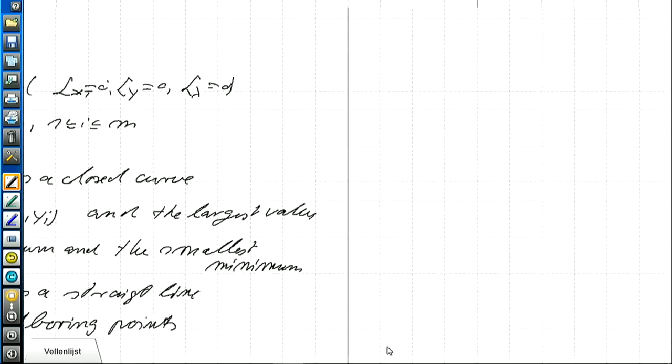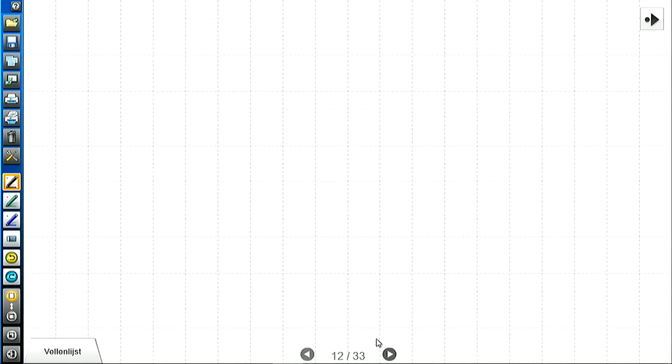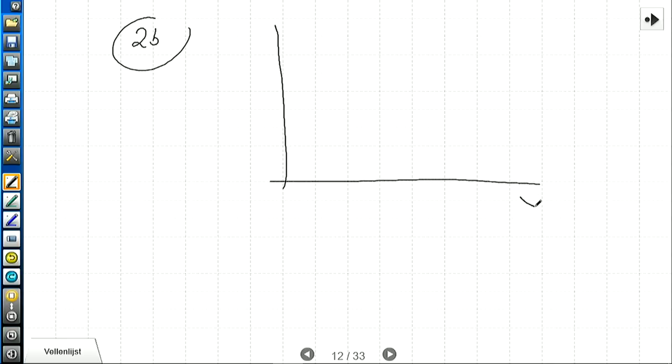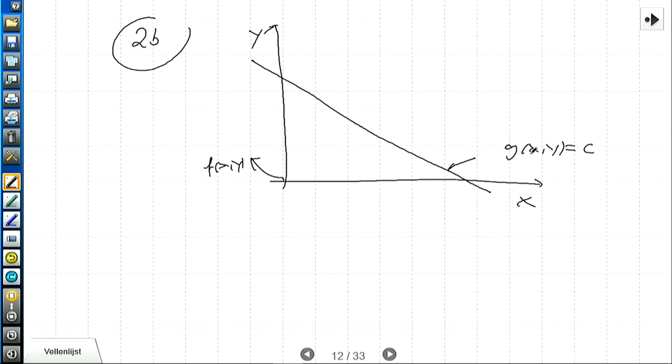Recall we did this very often in the lectures, but just to give you for 2b, typically it's like this. If I draw it, I have here my x, here my y, and if you are fantastic in drawing, you could have a 3D. Here that would be the functional value of the objective function, but I can't draw it well. And the constraint would be something like that. This would be the line g(x, y) equals c,